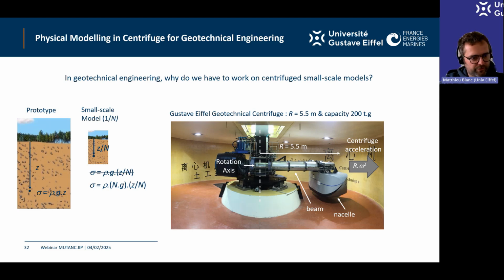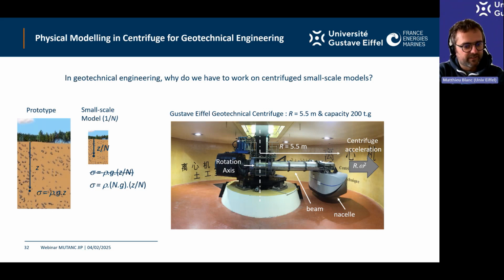The purpose of using a centrifuge is to work on a small-scale model, and we want this small-scale model to have the same behavior as the prototype. You can see on the left the prototype. At a depth corresponding to Z, you have the stress, and on the small-scale model, which can be n times smaller, for the same stress in the soil, the depth is now Z on N. You have to increase the Earth's gravity by N to have the same stress in the prototype as in the small-scale model. So to increase the Earth's gravity, we have to put an acceleration on the small-scale